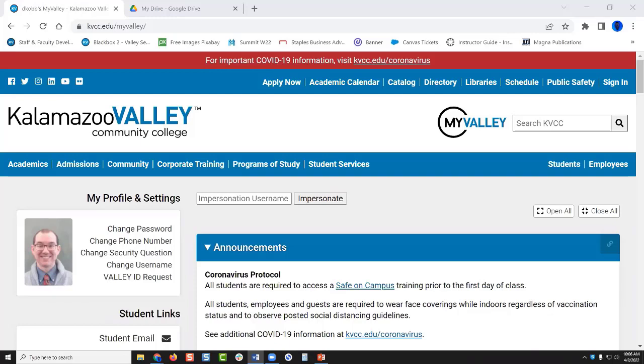But as far as we're concerned, for this workshop, KVCC provides all of its employees access to Google Drive. I'm not sure if there's a limitation on the size of your Google Drive, but if there is, it's very, very large. Most users will not use it up. I have a lot of things in my cloud storage and I've not run into any trouble.